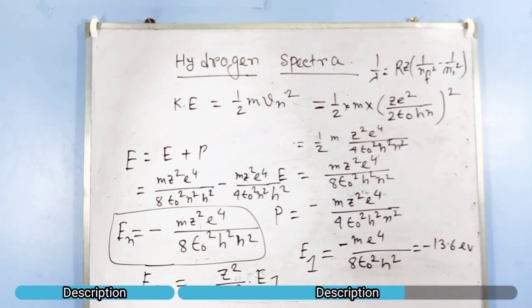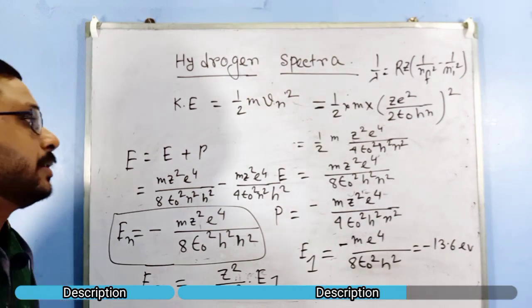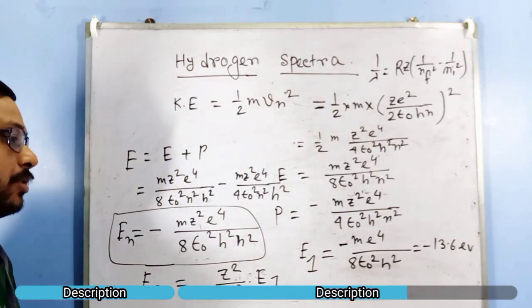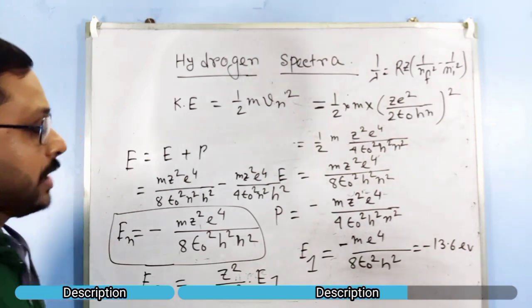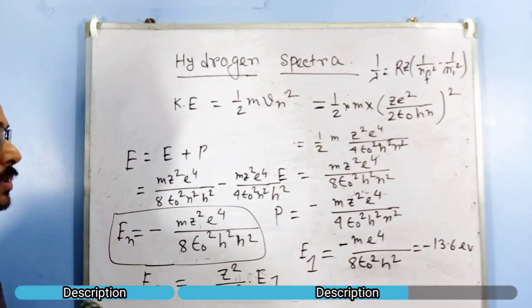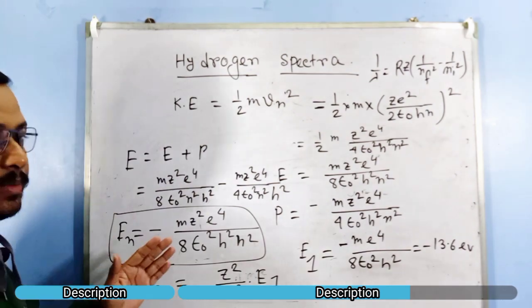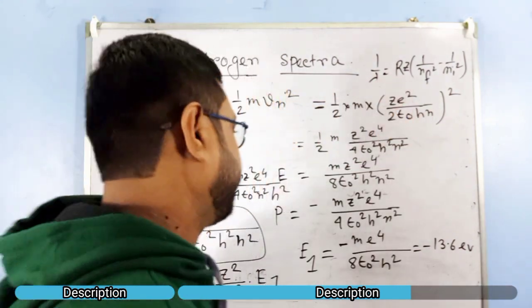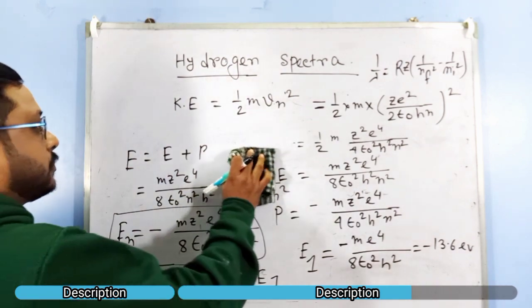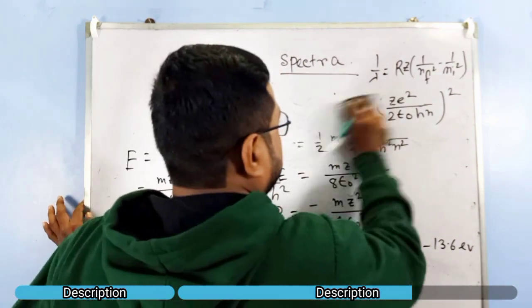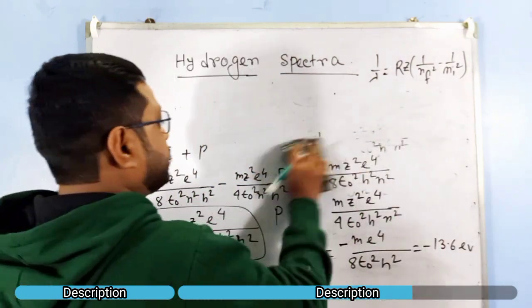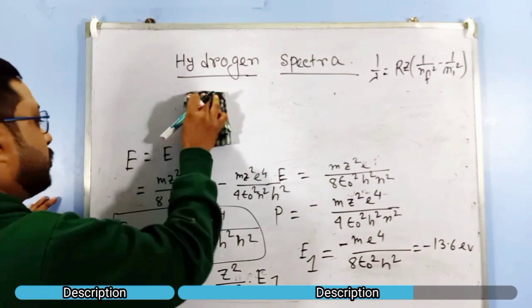In this way we can get the total value of radius, velocity and the total energy. Okay, I hope you understand it. अगर समझ नहीं आया, किसी भी स्टेप में आपको कठिनाई आई तो प्लीज़ पॉज करिए वीडियो को, उसको समझिए। हमने फुल डेरिवेशन करके दिखाया है कि वेलोसिटी का वैल्यू क्या होगा और वेलोसिटी का फॉर्मूला क्या है.